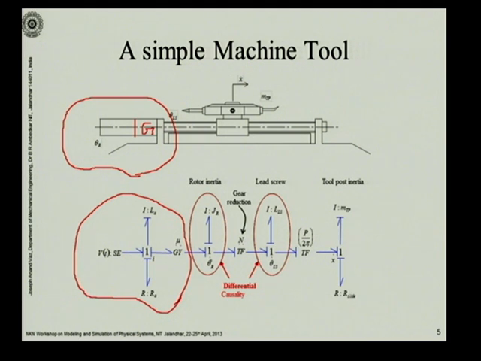So here you have the rotor shaft speed provided by this one junction, theta r dot, and you have the moment of inertia of the rotor shaft of the motor, which may be small. And then you have the output shaft of the gearbox, which is directly connected to the lead screw. So it rotates with the same angular motion as that of the lead screw. So we have modeled it using this one junction, which indicates theta dot of the lead screw. And there is a relationship between these two. This is a flow